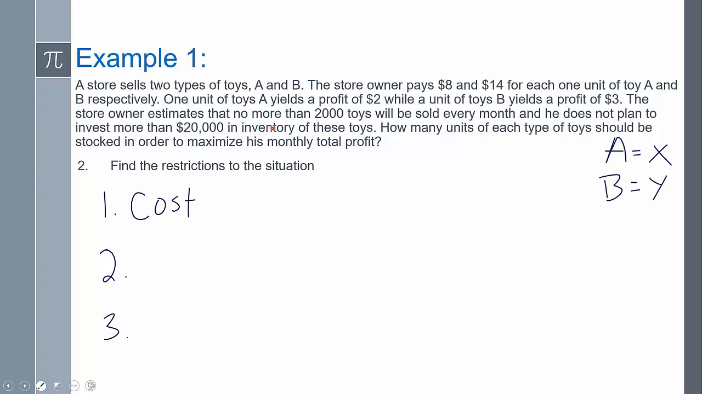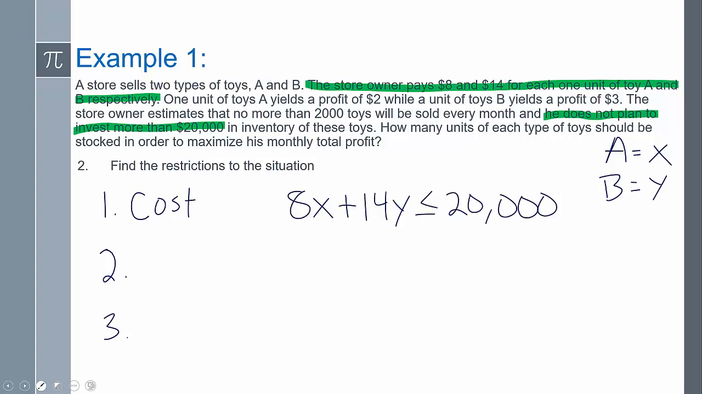That was one. And then it also says he pays $8 and $14 for each 1 unit of toy A and B. So there it is. Now $8 to toy A, $14 to toy B. That has to be less than or equal to the $20,000 because he doesn't want to spend more than that. So the maximum dollar amount needs to be that $20,000. So there's my first